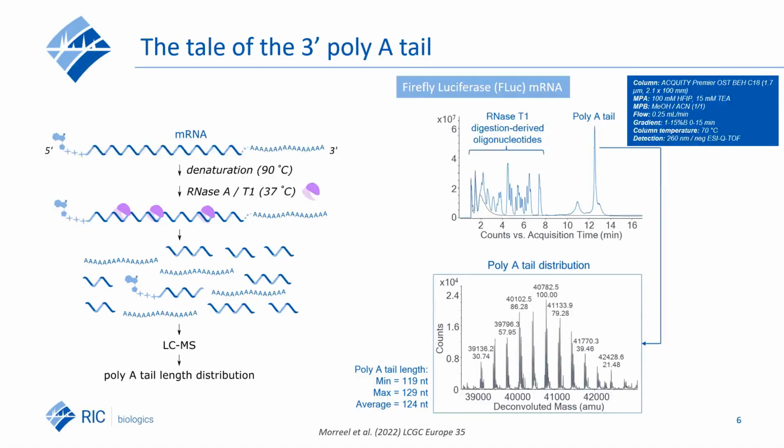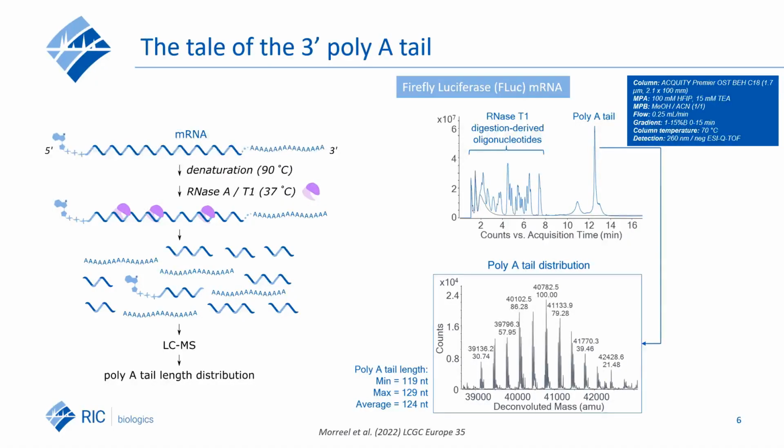Using ion pairing reverse phase, this mixture is then separated based on length. On the chromatogram, you first see the elution of all these small fragments, followed by a later eluting peak, the poly A tail. Important to note is that the poly A tail peak shows a distribution, encompassing a variety of poly A tail lengths. This is the result of the enzymatic addition of a poly A tail after transcription.